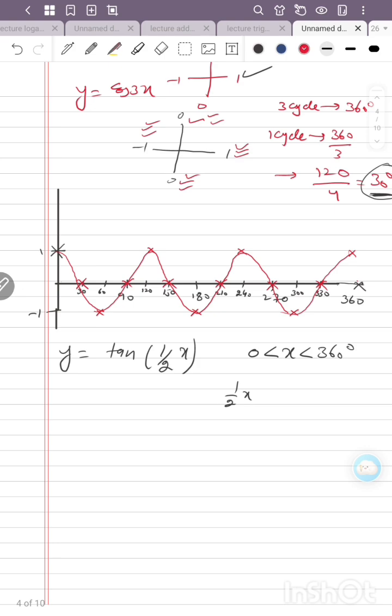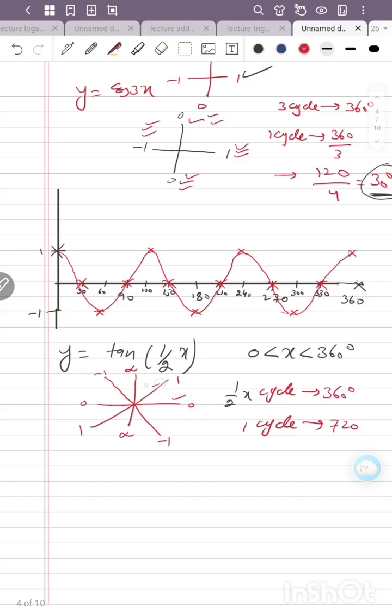1/2 x का एक साइकिल बन रहा है, 1 साइकिल आपके पास क्या है, 720। अब देखें tan को, जैसा कि हमारे पास साइन और कॉस के 4 आंसर्स अप्लाई होते थे, लेकिन tan के ग्राफ को हम थोड़ा डिफरेंटली लेके चलते हैं। एक ये आपके पास और एक ये वैल्यू आपके पास बनेगी: 0, 1, इन्फिनिटी, -1, 0, 1, इन्फिनिटी और -1। इस ग्राफ की अगर हम कैलकुलेशन करें 1, 2, 3, 4, 5, 6, 7, 8, 8 ग्रिड्स बन रहे हैं। तो आपने क्या करना है, 720 को डिवाइड करना है 8 से, तो ये हमारे पास 90 डिग्री हो जाएगा। अब हम इस क्वेश्चन को सॉल्व करेंगे।